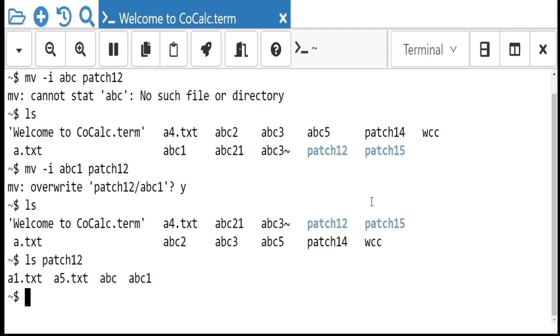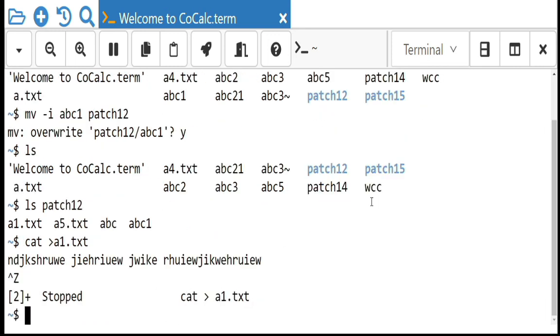Okay, let me create one file with the name a1.txt, and here you are going to write some content.